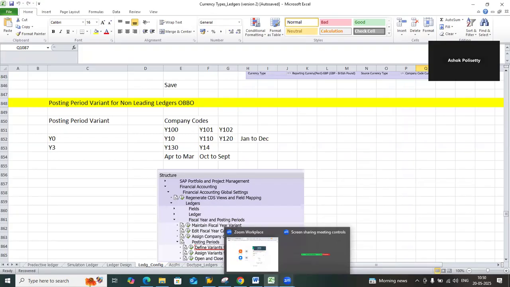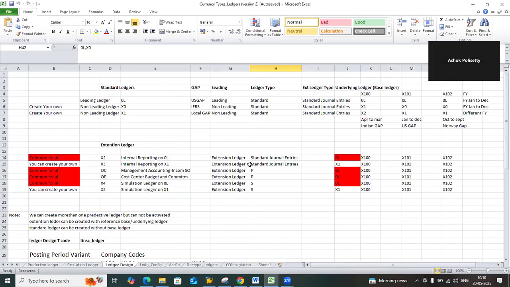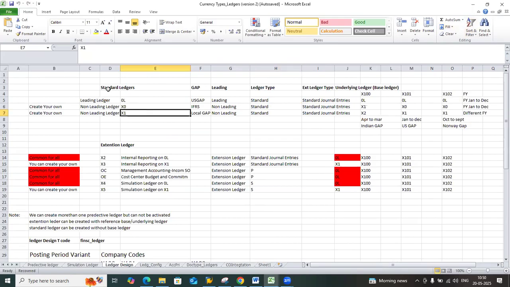So friends, in the last class, we discussed ledger types. We have seen how to define ledger types, what the types of ledgers are in S4HANA, and how to define the leading ledger and non-leading ledger. We also came to know how to define the extension ledger and the different types of extension ledger. All this we saw in the previous class. So I hope that video